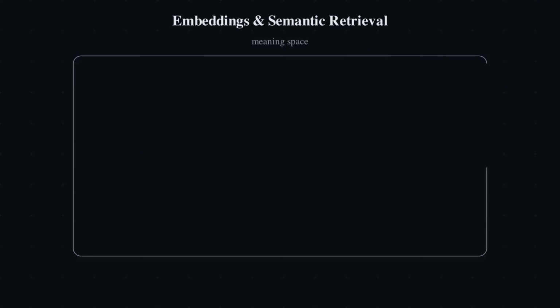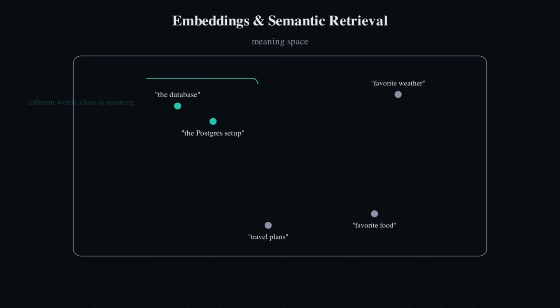Now the powerful one. Long-term memory as a flat file works until you have hundreds of memories. Then you can't load them all, and exact match search misses things. "What did I say about the database?" won't match a memory that says "the Postgres setup." Same meaning, different words. The fix is embeddings, and an embedding turns a piece of text into a list of numbers,